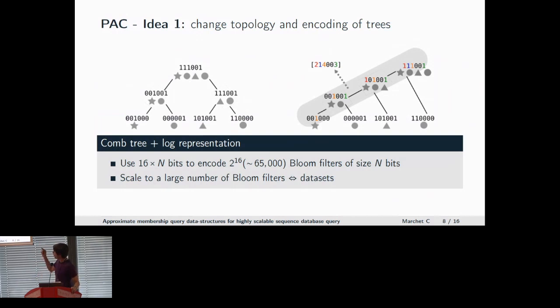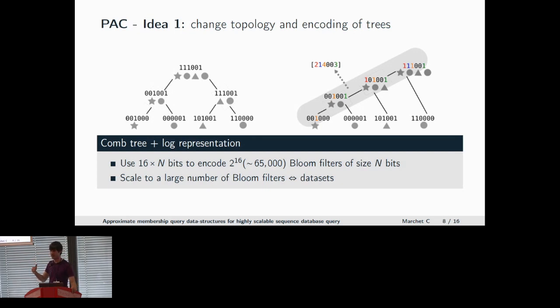Okay, so why would we do that? It's because we observed that if you look at the gray comb, we call this series of aggregated Bloom filters, because they are all included in one another, right? So if at some point there is a 1 at a position in the Bloom filter, it goes up all the way to the root, right? So if you look at a given slice, it's always 0, 0, 0, 1, 1, 1, 1, 1, 1, 1 to the end. So in fact, we can encode those slices just by encoding the position of the first one,